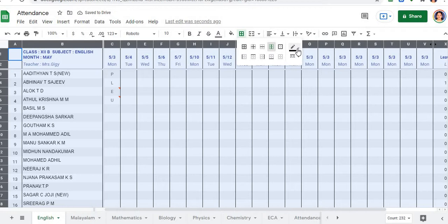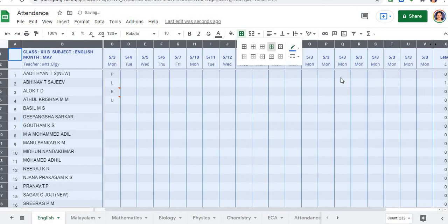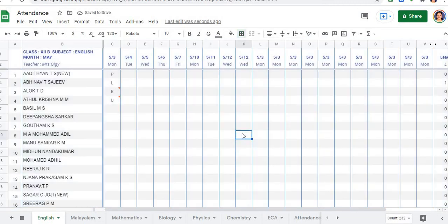Now if you want to change the color of the border, you can accordingly click here. So I'd like my border to be blue in color, so I just click the blue, it becomes blue. So this vertical borders are made now, okay. The next thing that you will be doing would be, for the convenience of subject teachers, will commonly make all the boxes or all the attendance marked as present, okay.